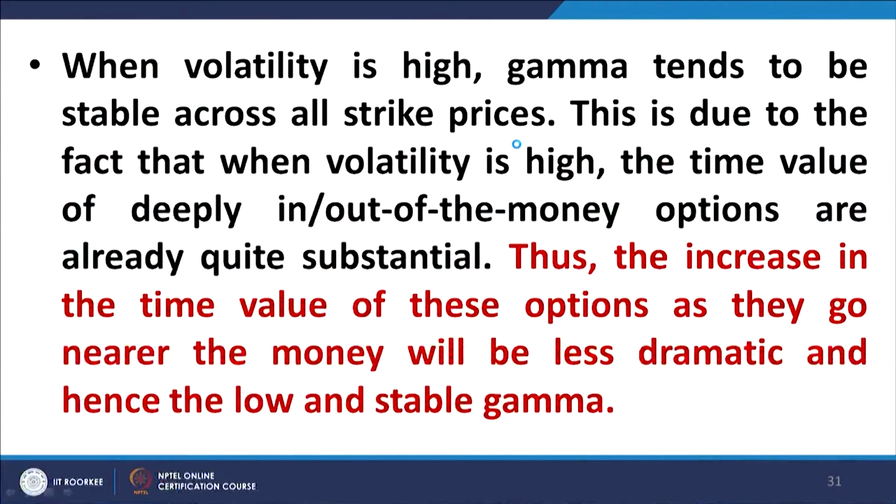If the volatility is high, time value of all the options is quite significant. They can jump out of the money, can jump into at the money, in the money can jump into at the money, and so on. So, all combinations. That is why the time value is reasonably distributed. So in high volatility, gamma tends to be stable across the strike prices. However, if volatility is low, only the at the money options are significantly affected by volatility, the others are not.